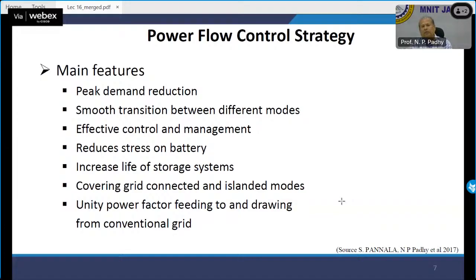So first of all, by doing so, you can reduce the peak demand using a microgrid. Manmohan, is it correct? You can reduce the peak demand? Yes. So smooth transition between different modes, effective control and management is possible. It reduces extreme stress on the battery and increases the life of the storage system, because you are basically